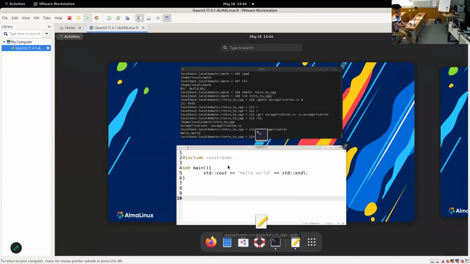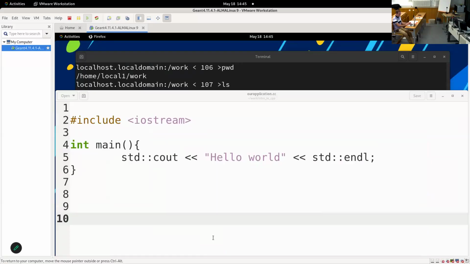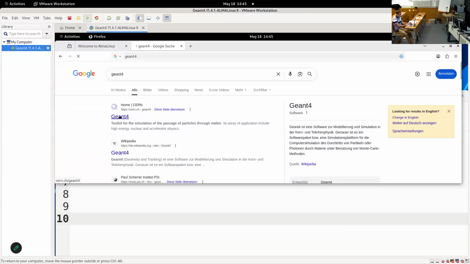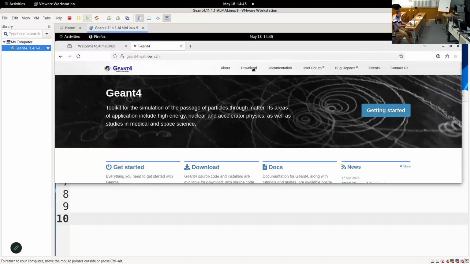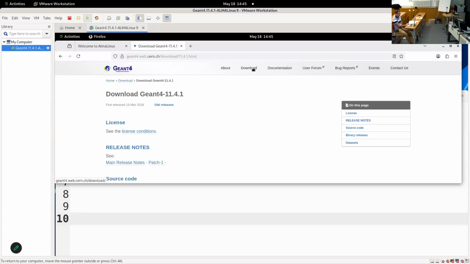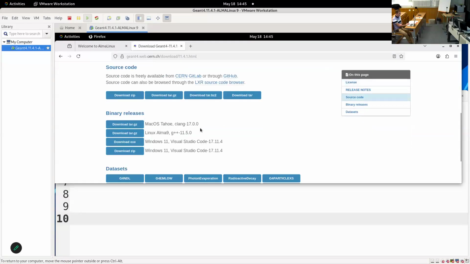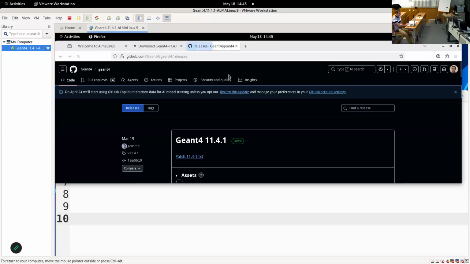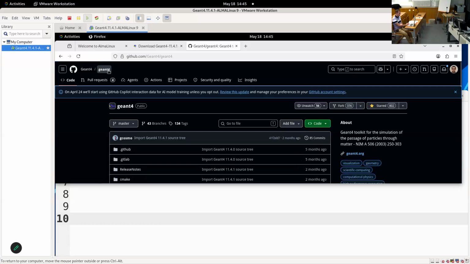So we will start slow, as slow as the internet connection. When we went to the Geant4 web page in the download tab, in addition to the zipped source code, we also had the source code in GitHub. We can go to GitHub,